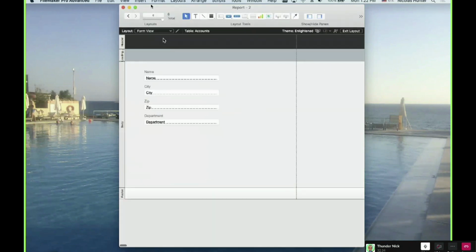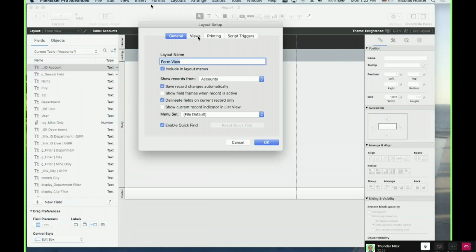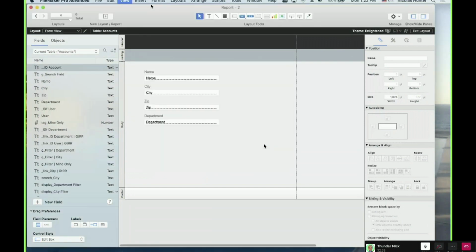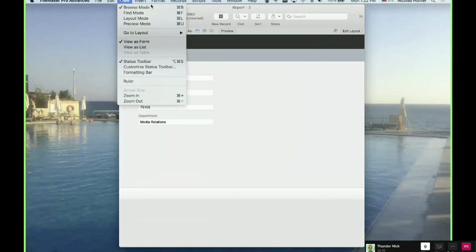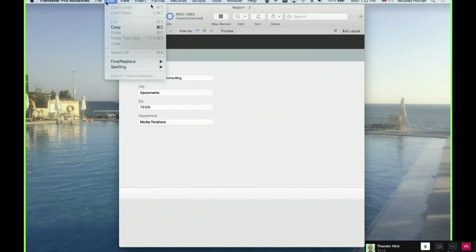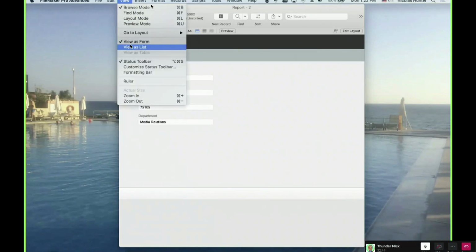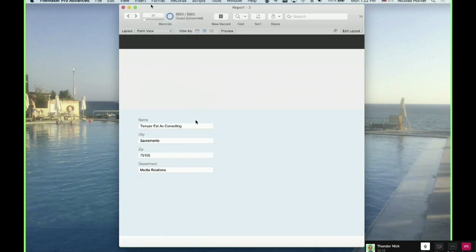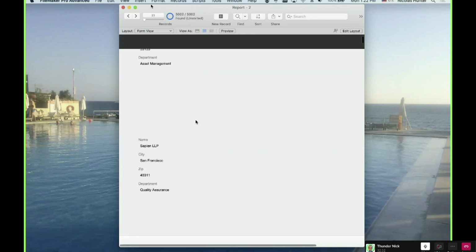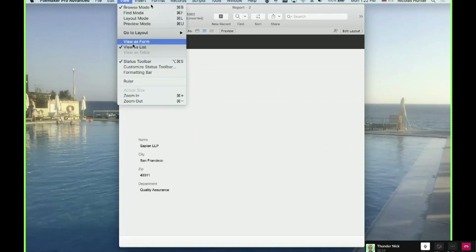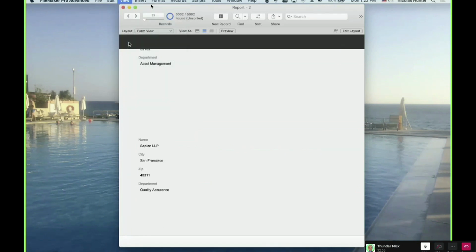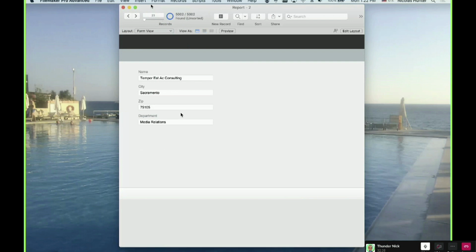Obviously, I could show this layout in list view if I want. But you don't build a layout to be displayed in form view the same way as a layout to be displayed in list view.